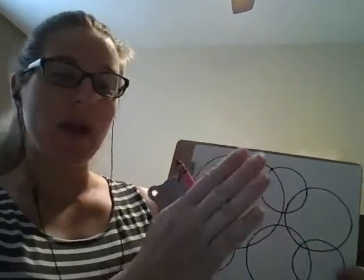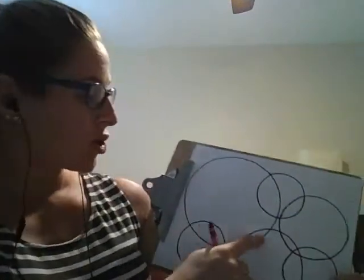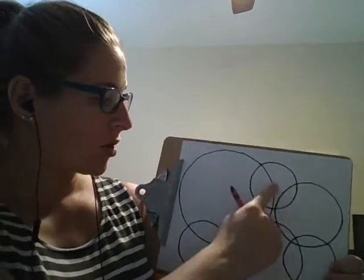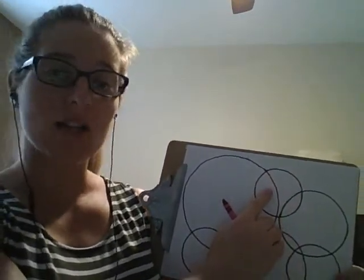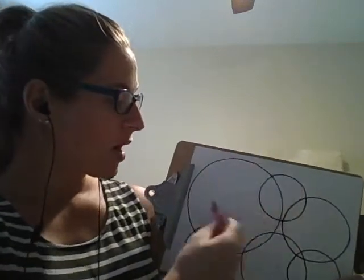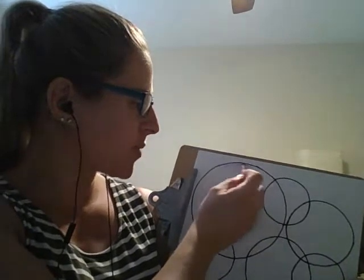So what does overlap mean? Overlap is when you put one thing on top of another thing. That's overlap. So I have one big circle and I have a little circle that sits on top of it. That's overlap. So I can use my color to color in this big circle, and I'm just going to press pretty light,